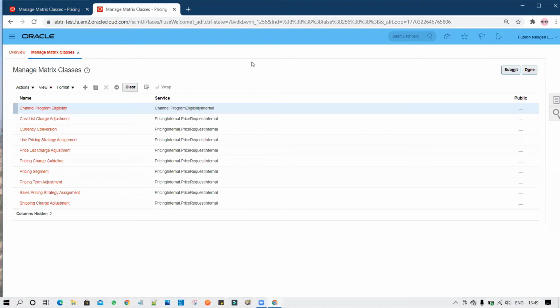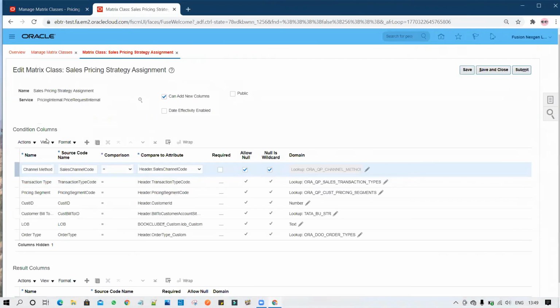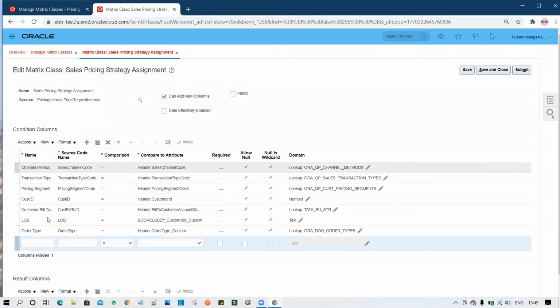To avail any additional attribute, you have to go to the Sales Pricing Strategy Assignment. Under it, you have to click on add a new attribute.